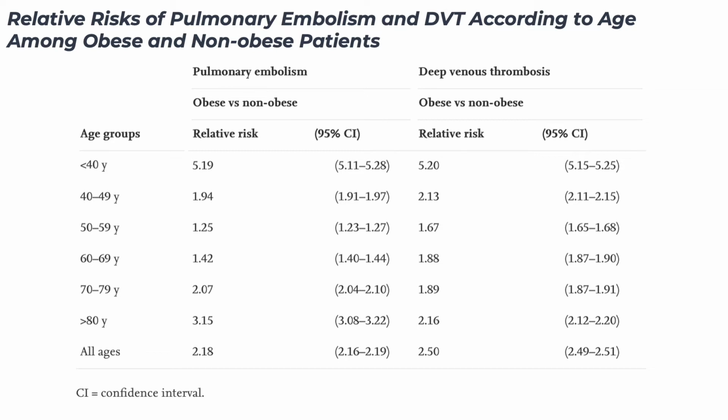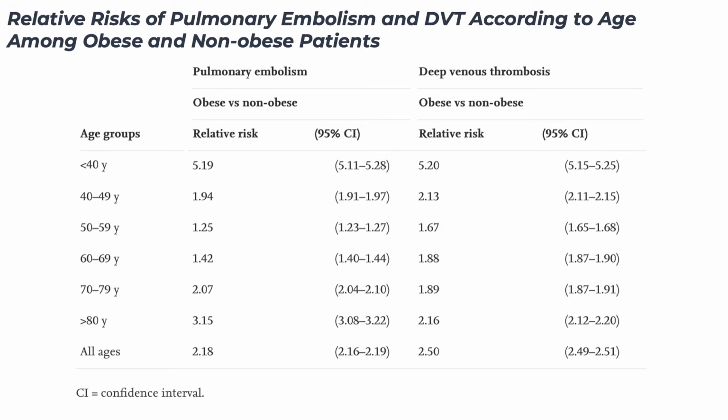For those aged 60 to 69 years, the relative risk for pulmonary embolism was 1.5 in women and 1.3 in men, while for those aged 70 to 79 years old, the relative risk for pulmonary embolism was 2 in women and 1.9 in men. The overall trend was that women had increased risks of both the DVT and PE regardless